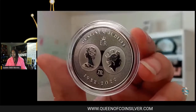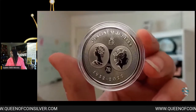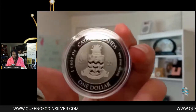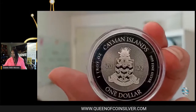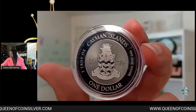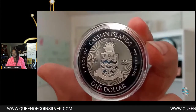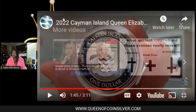This is one of the last coins that was actually released. It was released 2 days before Queen Elizabeth passed, so definitely a great collector's piece. I'm going to flip this around to the reverse. Here you can see the Cayman Islands coat of arms, which consists of a shield, a crested helm, and the motto. 3 stars representing each of the 3 inhabited islands are set in the lower 2/3 of the shield. These stars rest on wavy bands representing the sea. In the top third of the